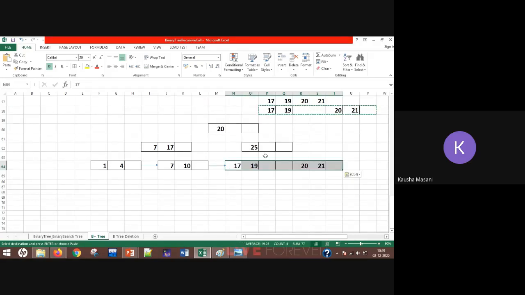The 17 and 19 will go here on the left with 17.